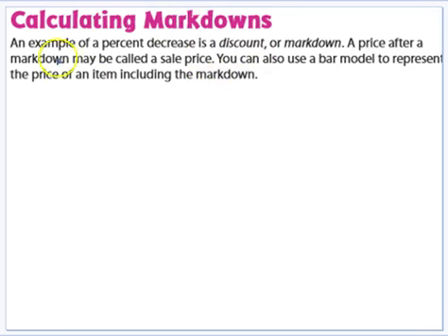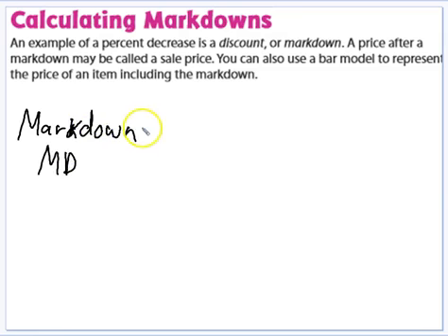Calculating markdowns. An example of a percent decrease is a discount or markdown. A price after a markdown may be called a sale price. You can also use a bar model to represent the price of an item, including the markdown. Class, markdown, or MD if you want,